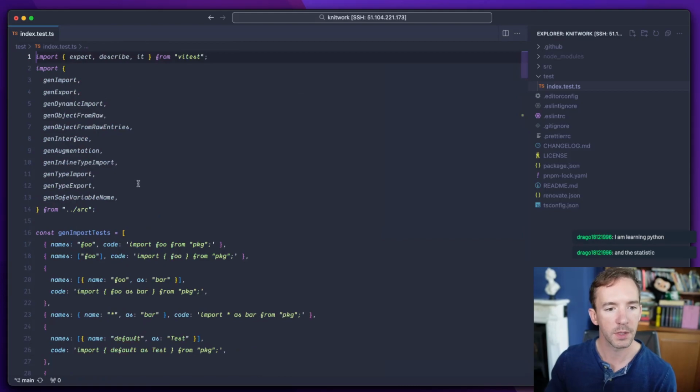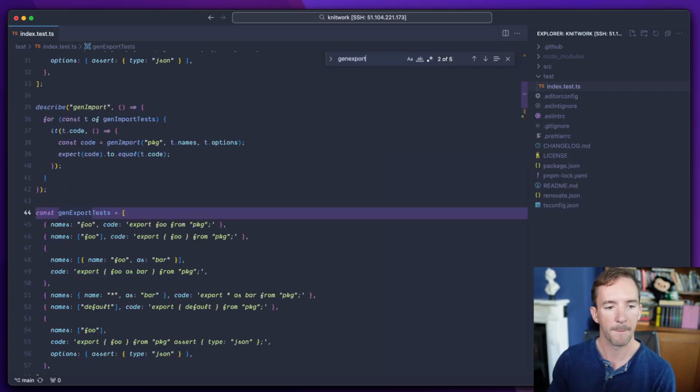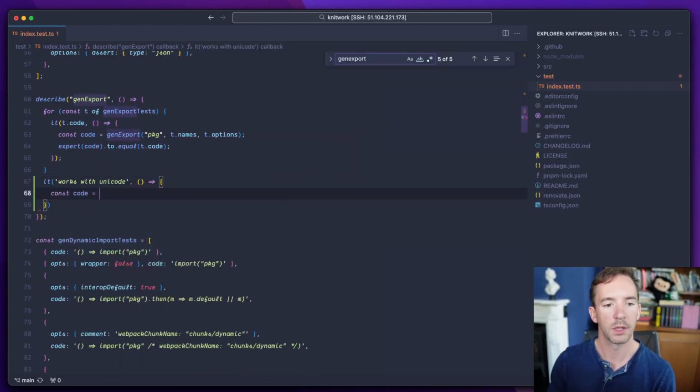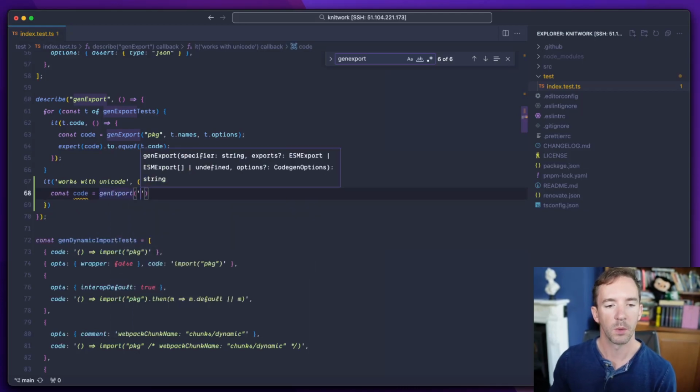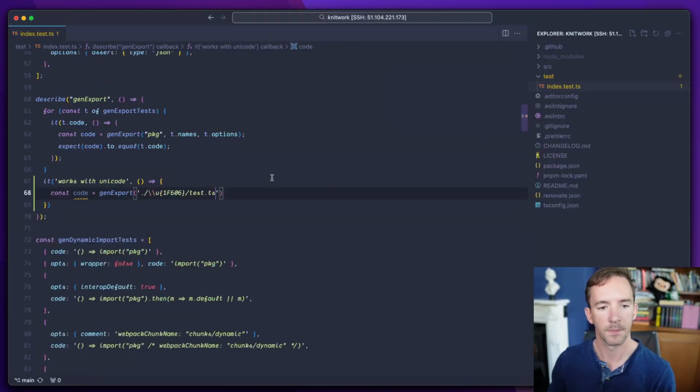Oh, do we have a different gen? No, I think probably we do this in this one place. And we want to do this. So const code is gen export. And we're going to pass in this. And we want this to be